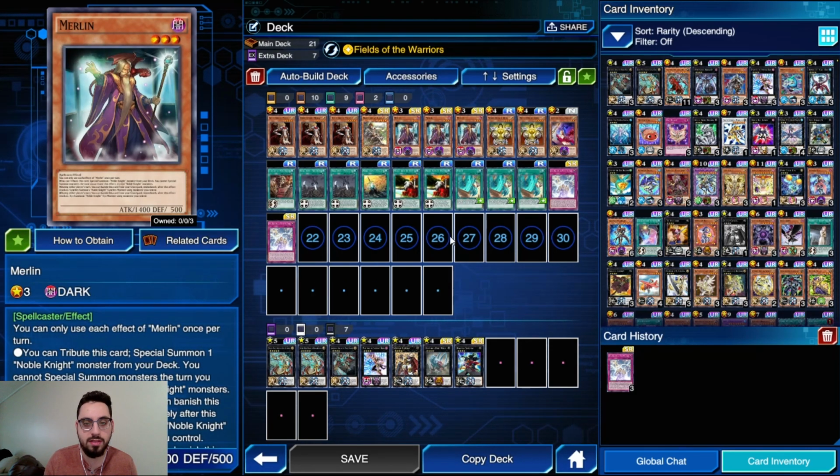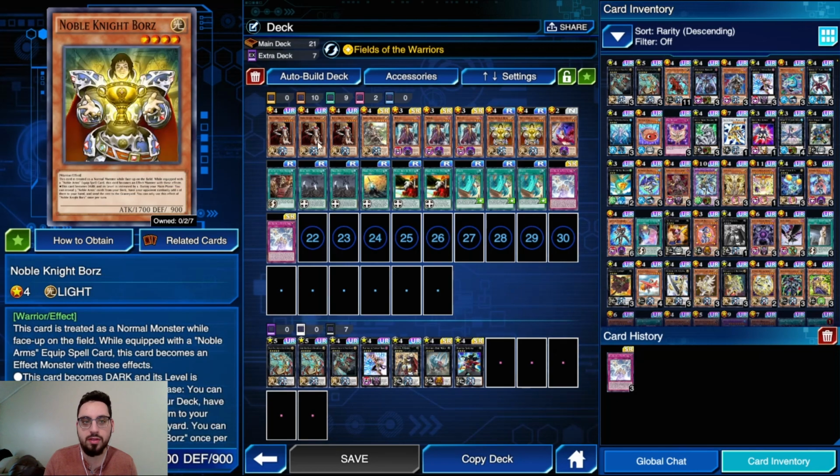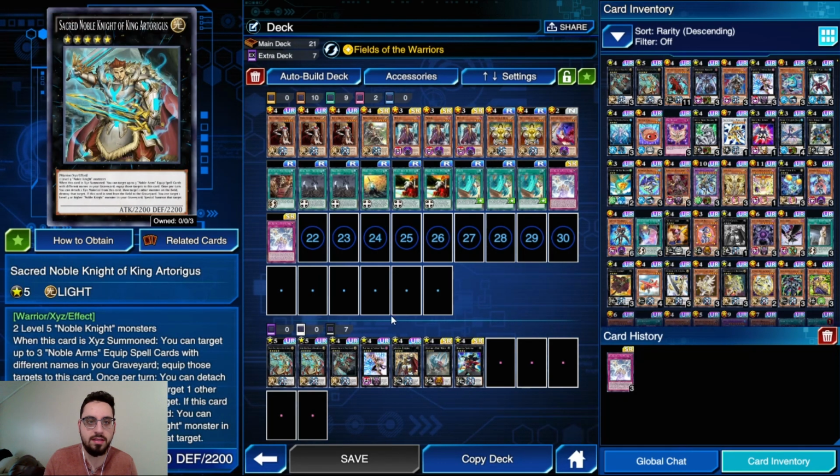It's like 70% chance, I think. Maybe a little bit less. So it's like 80% to open Meddrot, but Meddrot with an equip is like 65%, I think. So it's pretty consistent. But when you include Boars in there, sure we won't get the Xyz summon if we open just Boars,